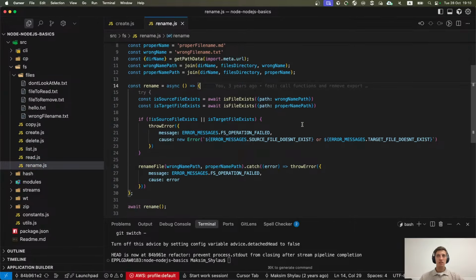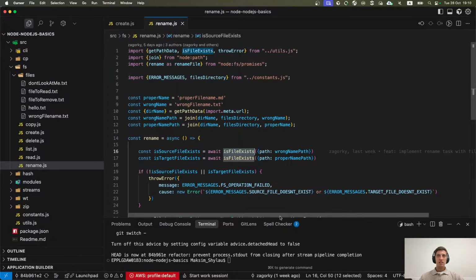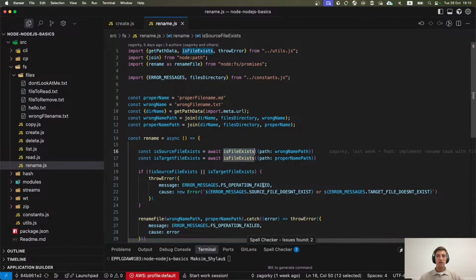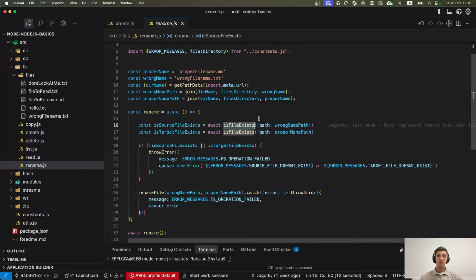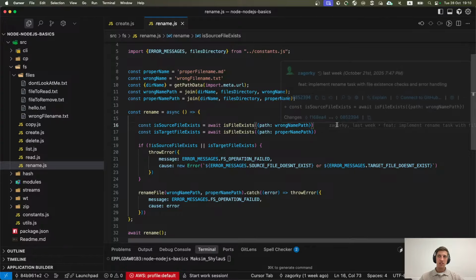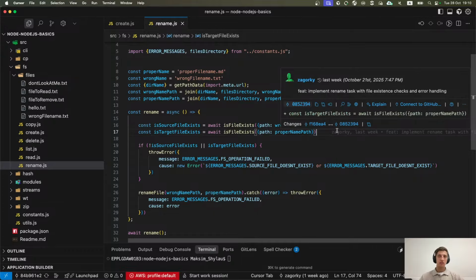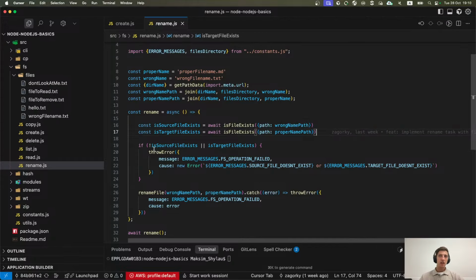So let's take a look at the implementation. We can see that the file is checked for source and destination. We check that the source file exists, then we check that the target file exists, and if the source doesn't exist or the target already exists, we throw an error.